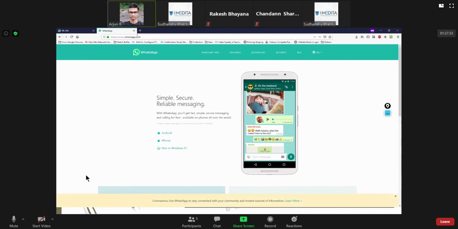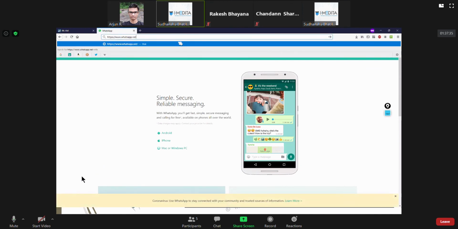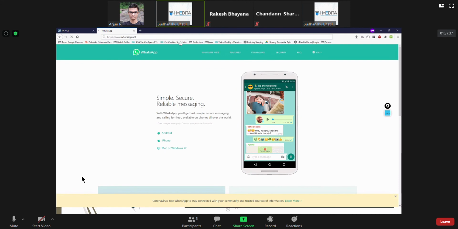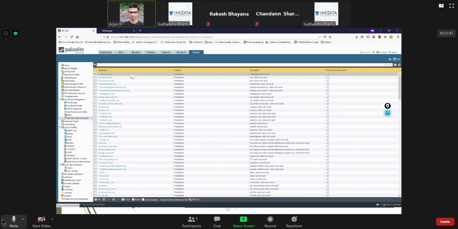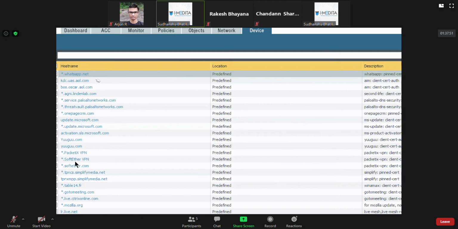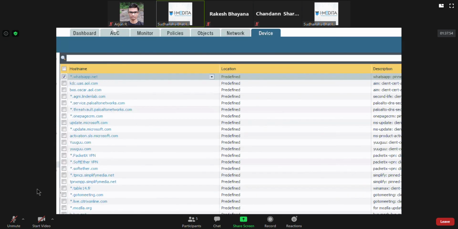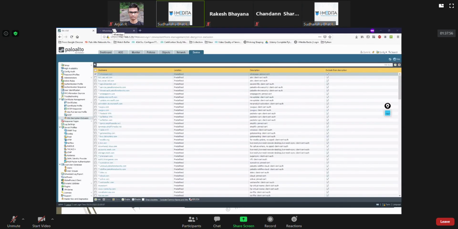Yeah, whatsapp.net is used for background communication. They don't allow you to open the front end website on that. So when you really chat, it utilizes whatsapp.net. See, this is a predefined thing. Don't you think Palo Alto would have verified that? At least trust this much on Palo Alto.